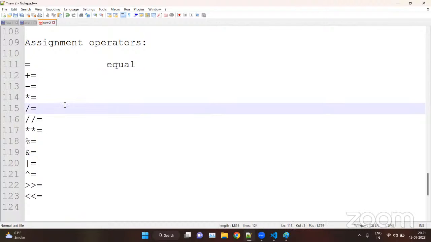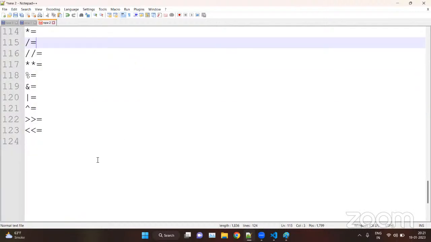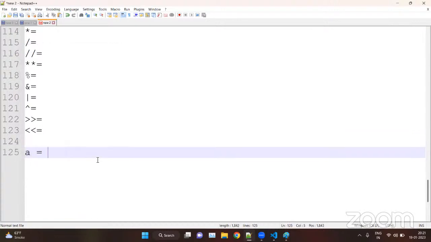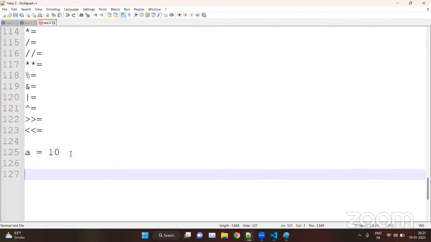Okay, so we are covering assignment operators. These are also written in short form. For example, we have a equal 10. Here we are assigning the value 10 to a variable. 10 is a value, a is a variable, and we are assigning with the help of the assignment operator, that is equal. Now, if you want to update this value 10, suppose you want to add plus 5